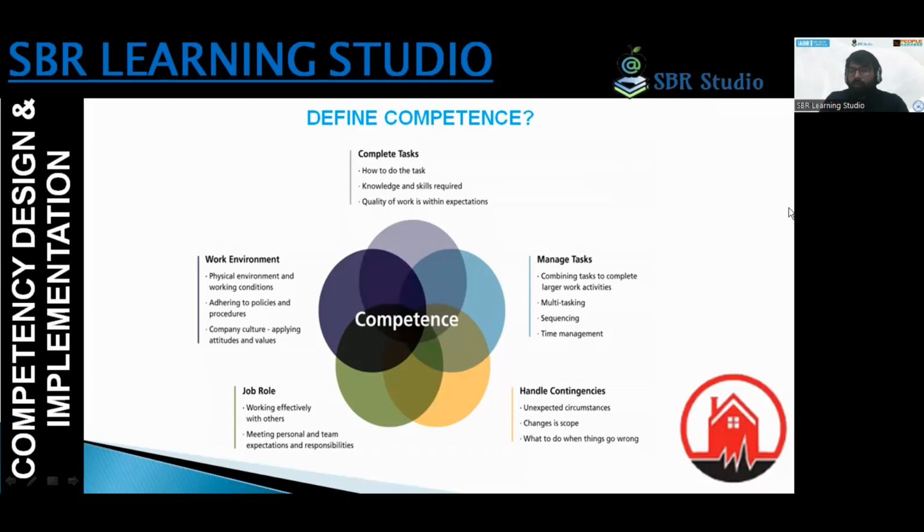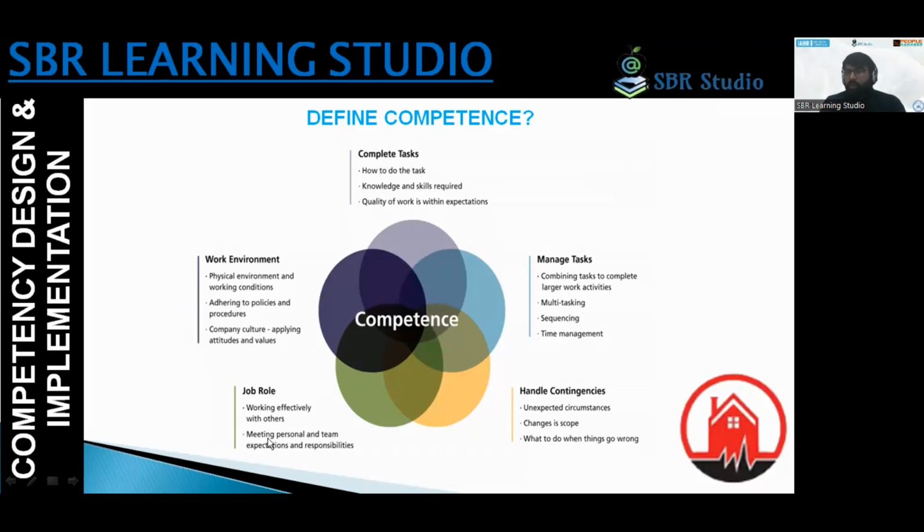So similarly, it would be described into both the functional as well as the behavior approaches into the job role, now working effectively with the others. So now it comes to the others. Others means when in the organization there are different parts and services, all their different functions, working together.